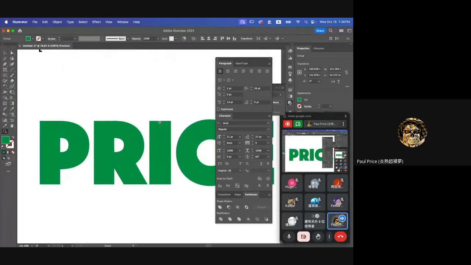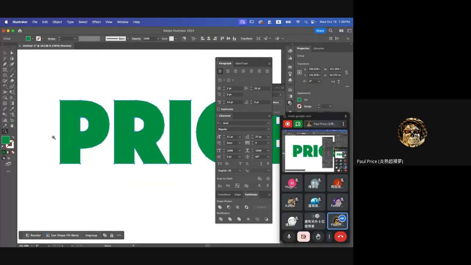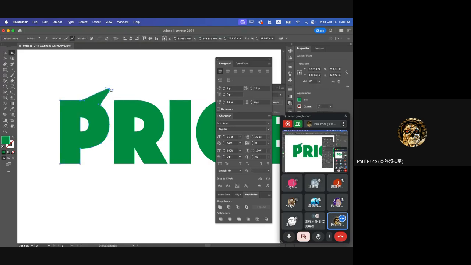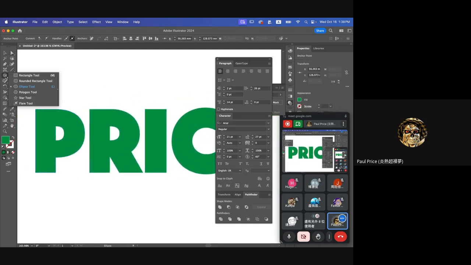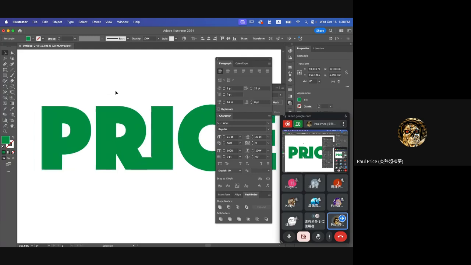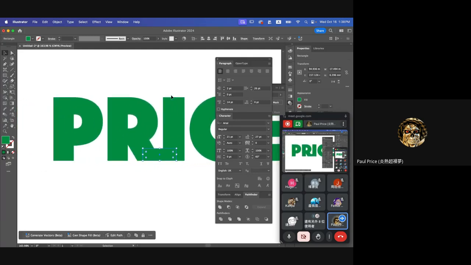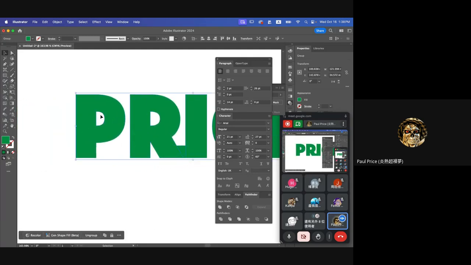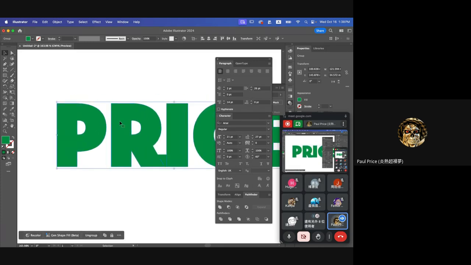Okay, so it's not a font anymore; it's actually a graphic, okay? Once you've done that, you could use the direct selection tool to select, for example, one of the anchor points to do some manipulation and changes. For example, you could add a block where the R and the I connect, or the P, I don't want this, yeah, when you outline it, it's